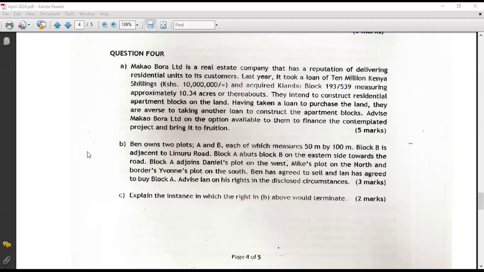You also need to visit the Sasa YouTube channel on the processes because everything is being done under the SASA system these days, the National Land Information System. And you also need to, of course, visit the Ministry of Lands. It has a lot of information. More importantly, you need also to look at the past papers. The function of past papers is to help you